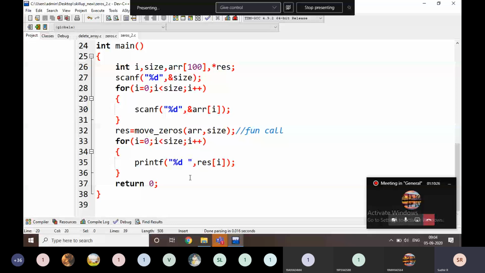That's why I am deleting the value every time. But here I am not deleting the value, because the result is going to be stored in another array. Just note down the main function.